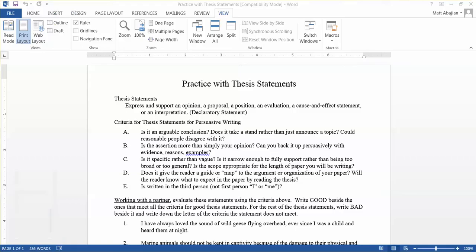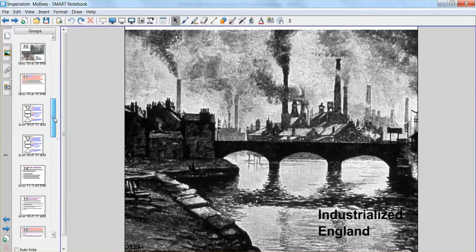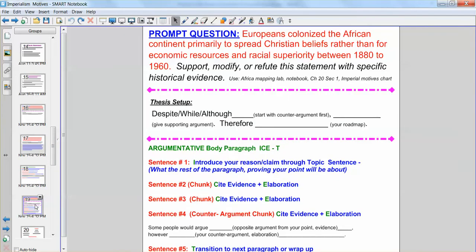I'm going to also ask you to take out your blue packet with your practice with your thesis statements. Once you get the blue packet and your notebook, I'm also going to ask you to take out either a blank sheet of paper to take a few notes while I talk, or if you have the sheet of paper that either I handed out in class or was given to you or you printed out, I want this piece of paper out here too, as you can be writing through as we break down prompt questions, thesis setup, argumentative body paragraphs, and talking through this.